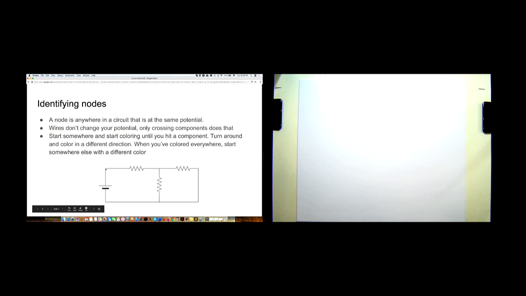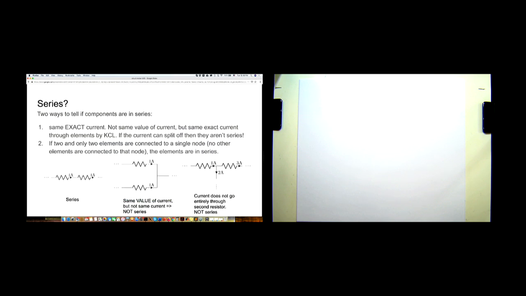You start from this point, and you start coloring in one direction until you hit this element, the resistor over here. You start then coloring in the other direction until you hit the voltage source. This is one node. This is exactly the same node. Then you do the same for the other nodes, the other wires, and you keep coloring and find 3 different nodes in this circuit. All right?